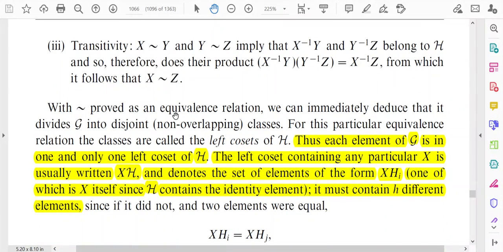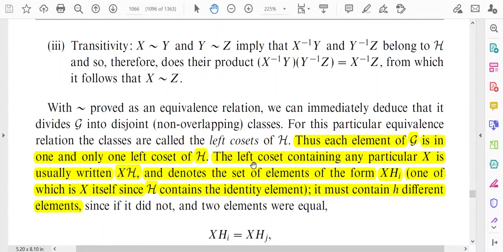Now, as we have discussed in the earlier lecture about equivalence relation and classes, an equivalence relation divides the set S into classes, and these classes are disjoint or non-overlapping classes. For this particular equivalence relation, the classes are called the left cosets of H. So these particular classes are known as left cosets of H. Thus each element of G is in one and only one left coset of H. So if you consider each element of G, it must be contained in one and only one left coset